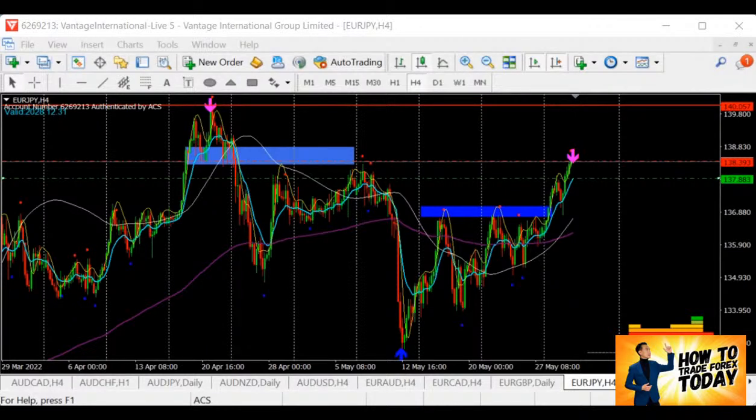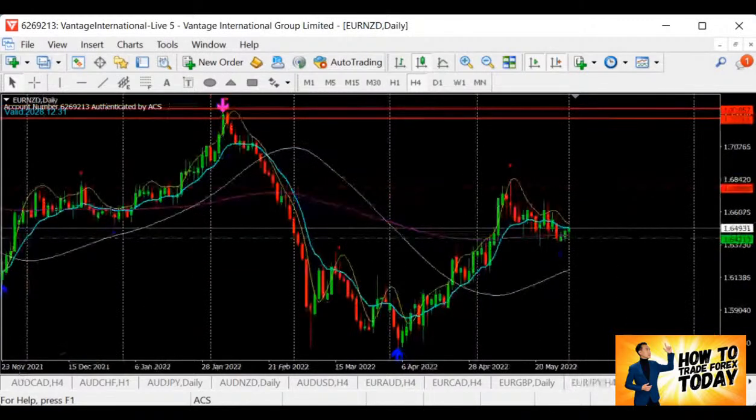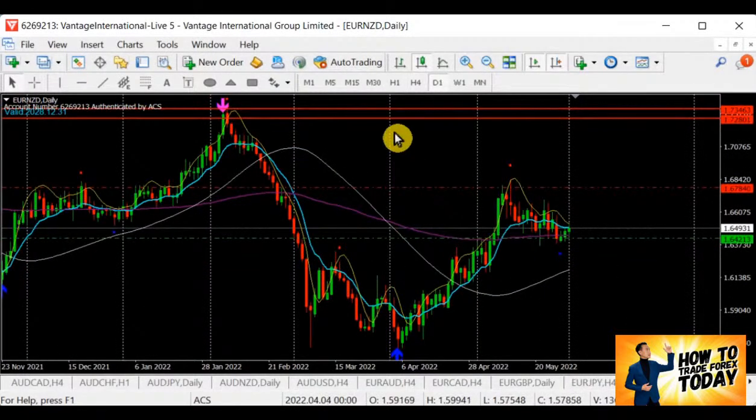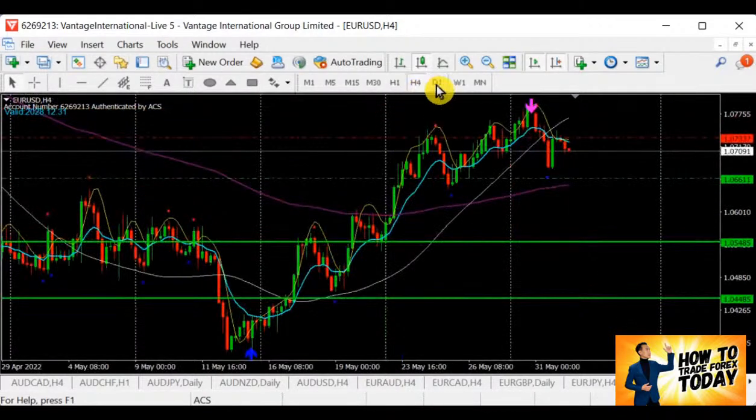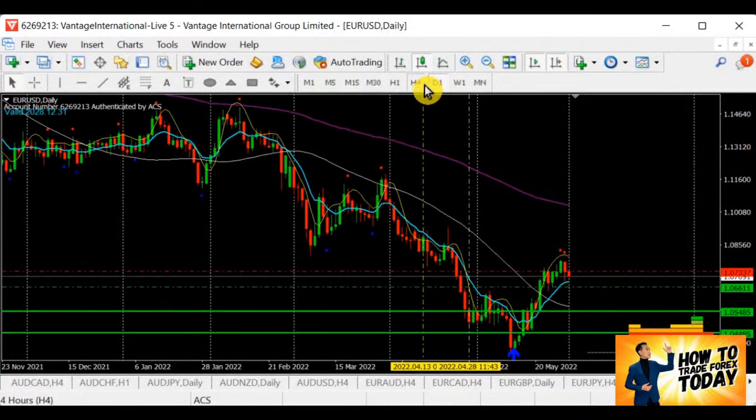All right. So let's take a look at Euro Kiwi. Euro Kiwi, we are in the bull. Like I said, since Euro Kiwi is in the bull, we wait for it to meet up with one support, which you can see landing over here, and now it's starting to have a buying signal. So Euro Kiwi is still good for buying, but not for selling. So Euro dollar, how about Euro dollar? All right, Euro dollar over here.